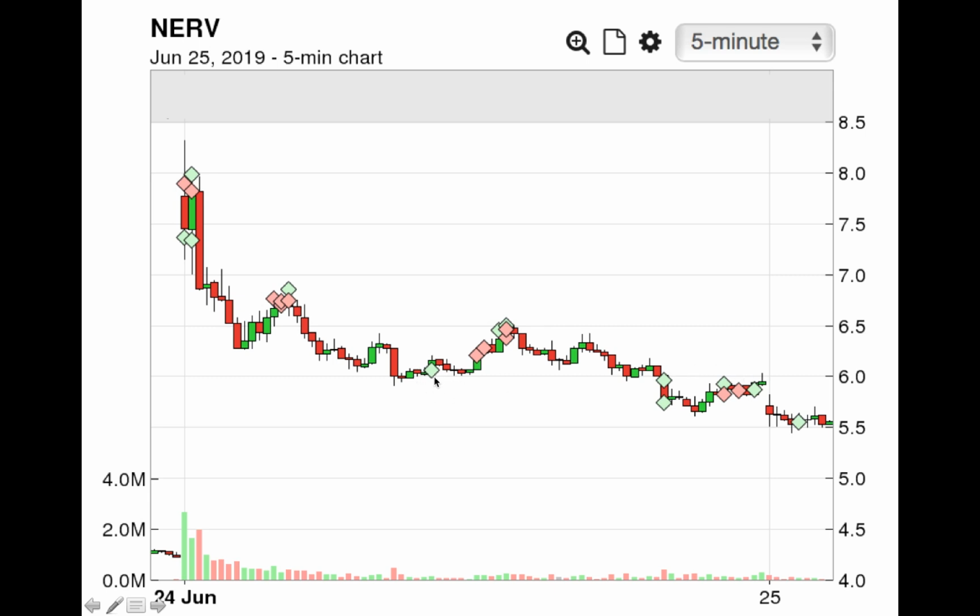Basically right here, I think I took like half or like a third off and added back half here and full here. And I mean, added back here and added even more there. Took it off into the wash, alright, towards the end of the day, kind of tried to take some off and add some more, and then I added back pretty much, I think, a third of my position from the